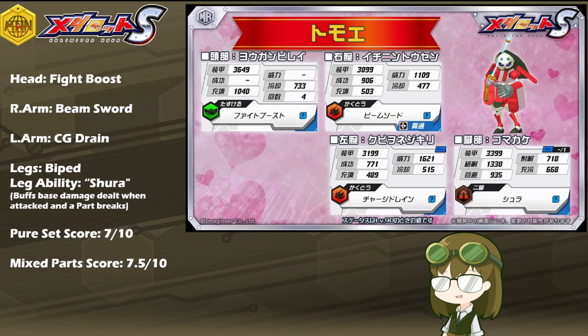In addition to that, the base power as well is relatively nice, and I find it relatively interesting too that her beam sword actually is non-heavy, which will make using her or her arm very easy and provide a lot more flexibility when building it, whereas Charge Drain being heavy may kind of round her out just a little bit with that. That being said, as a pure set score, I do honestly have to rate Tomoe a pretty solid